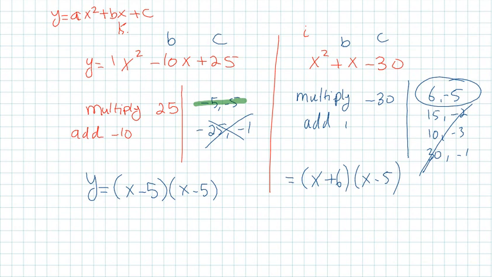Yes. You mean the second one is not correct? Instead of 6 and minus 5, 15 plus negative 2, that's 13, right? If I add 15 and negative 2, I get 13, right? My middle term is 1. 15 times 2 is 30. It's not 15, so 15 doesn't